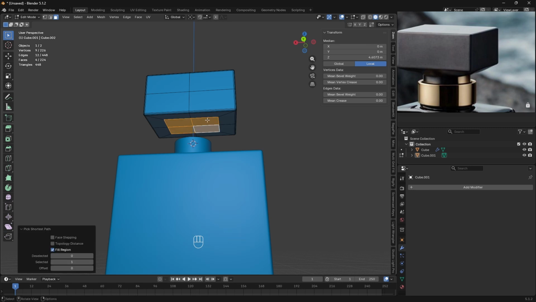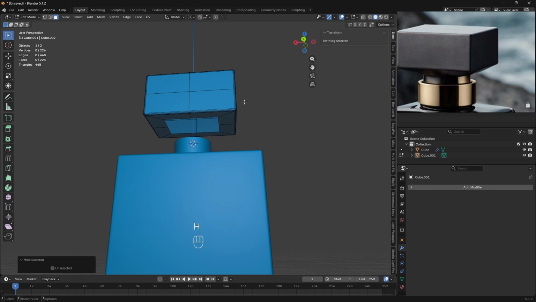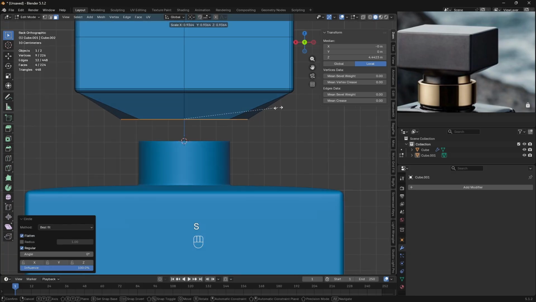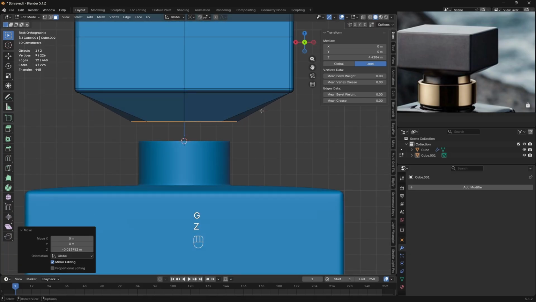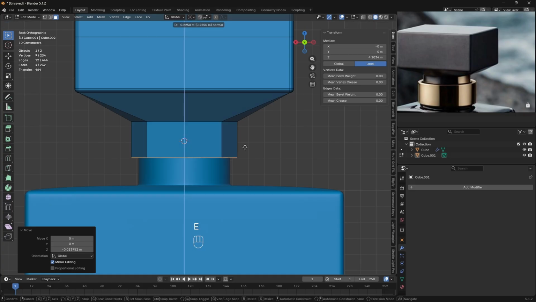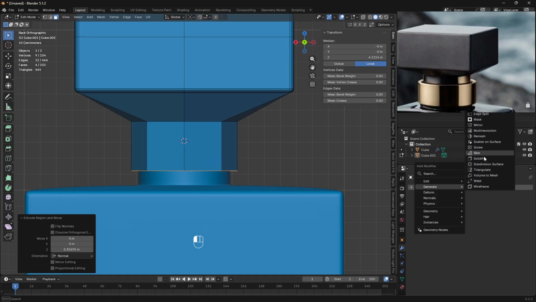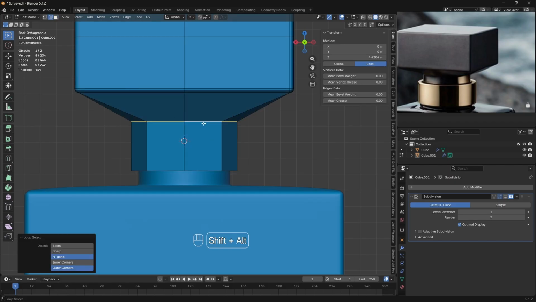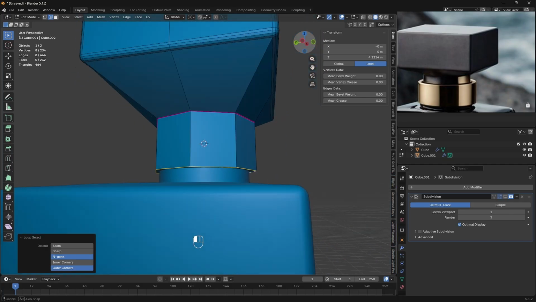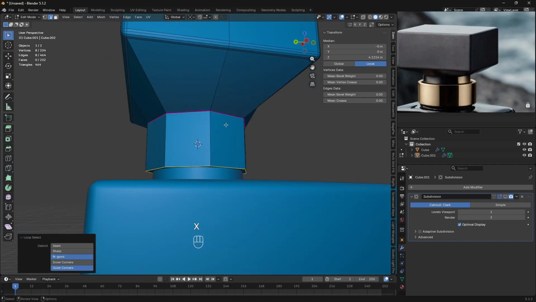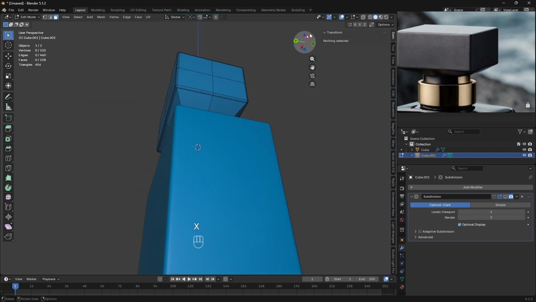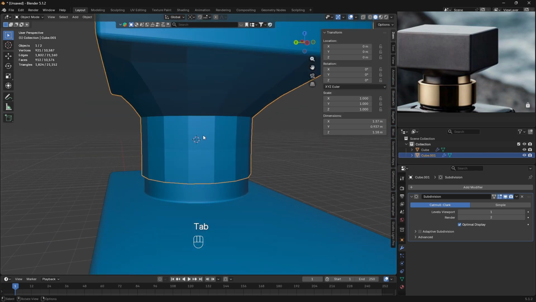So let's select this face, and you're gonna push it, so G C, and you're gonna push it down, and you're gonna do a circle. Let me scale my circle just a bit, just like so. Alright, I'm gonna do extrude on the Z axis. Alright, and let me add my subdivision surface. Let me enable it for now, and let's select this edge, and let's add a crease in here. Let me select those just like so, and you're gonna delete faces. Why is it not deleting the faces? Alright, I'm gonna delete my face, and let's go back, and let's add our subdivision surface.